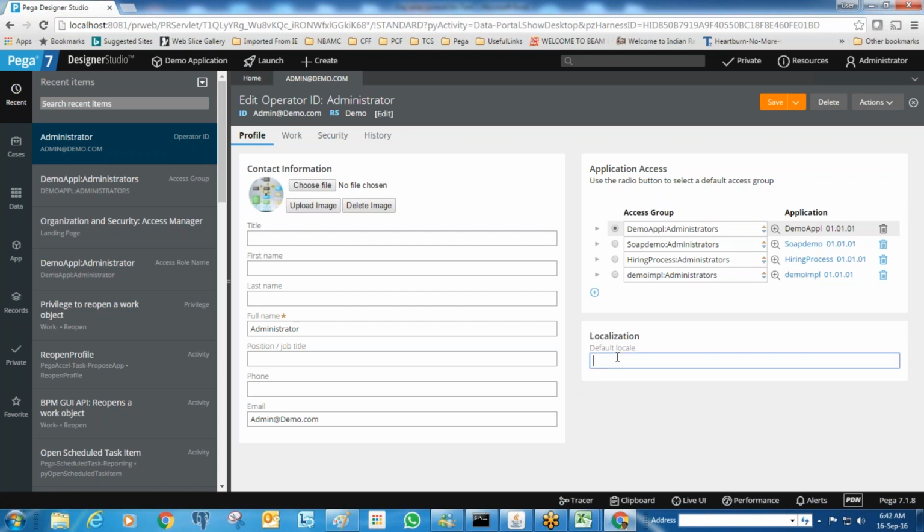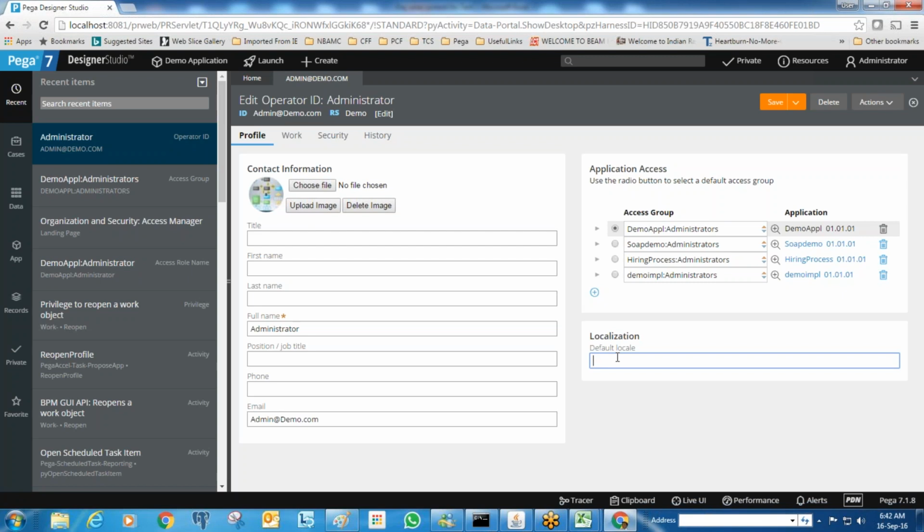This localization will be helpful if the application is running in multiple geographical regions. Let's say you want to run the same application in India, in Italy, in Japan, or in the US. India and US people can understand English, there is no issue, because English is the default language. But if you take China or Italy or Japan, they are not good at English, so they need their local language. They want to display everything in Italian, or in Chinese for China.